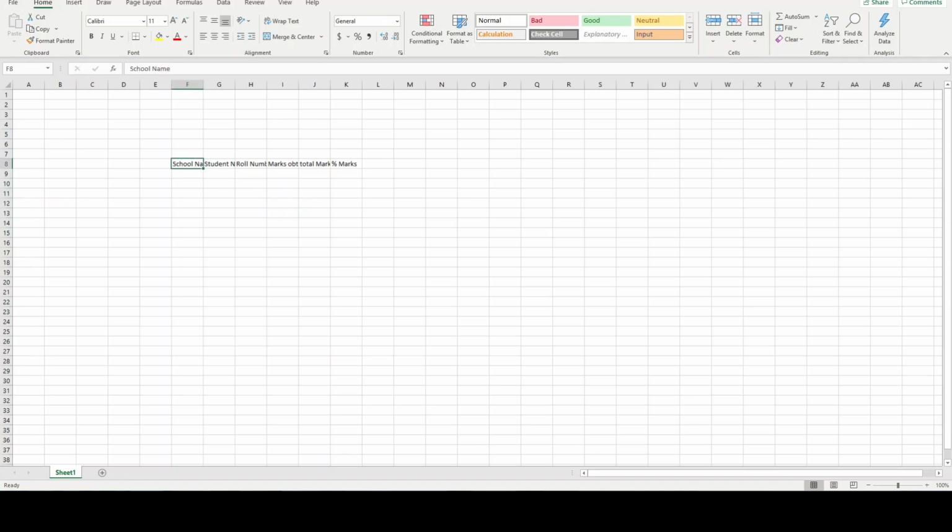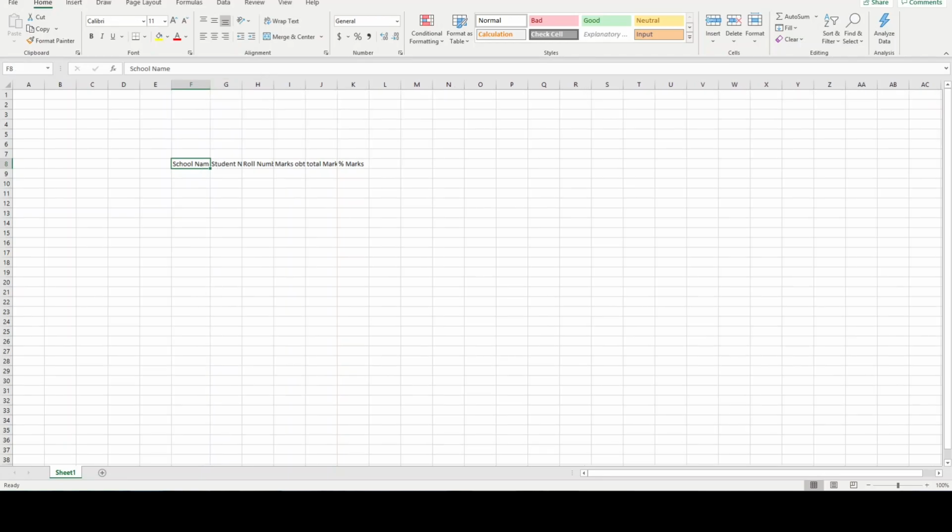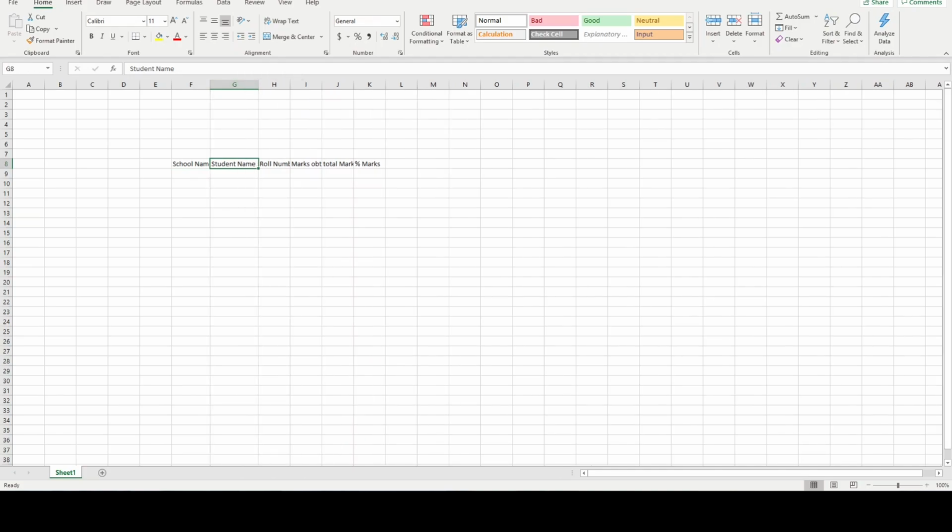To adjust it, we can do this. If you go at the top, you will have a plus symbol like this when you go over here. You could drag it, or you can double click on it and it will adjust.